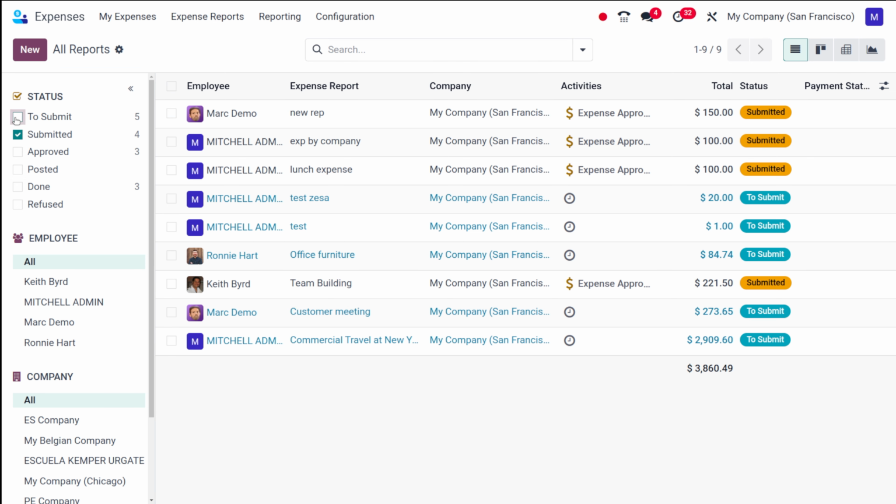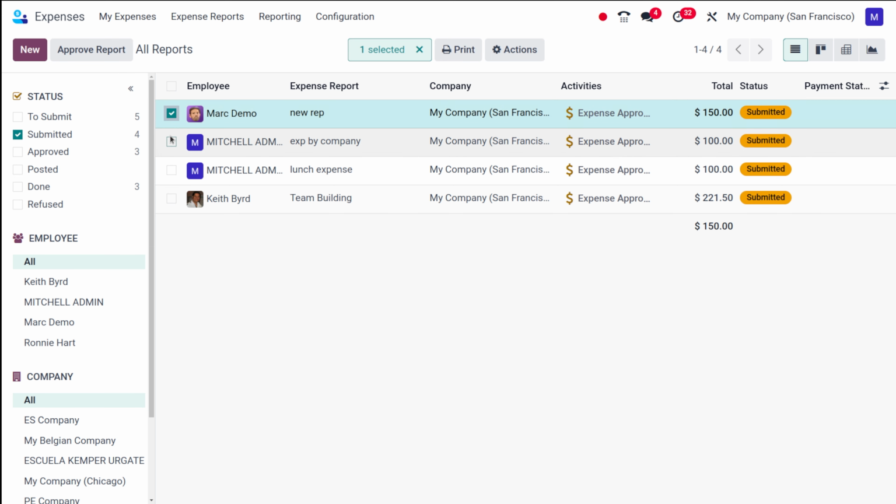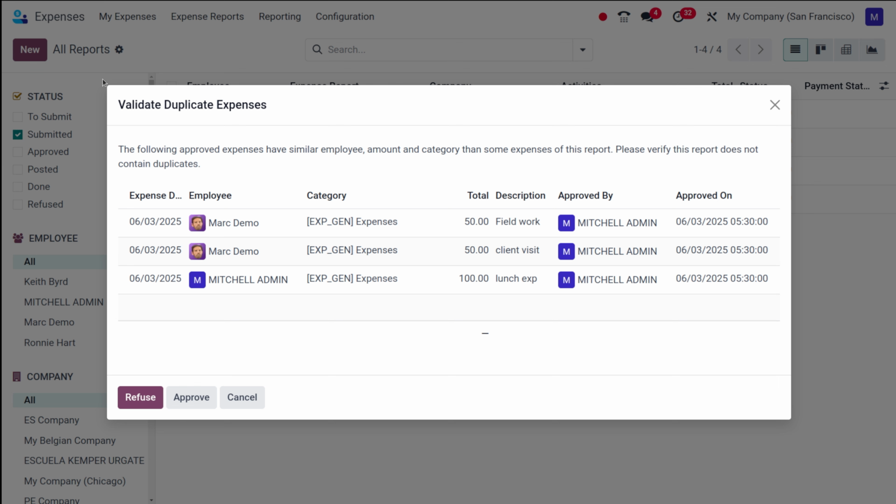Okay. So this has been submitted. Now, what you have to do is you can tick the checkbox next to each one. So I'm just ticking all of these to approve all at once. Okay. Or to select all reports in the list, you can check the checkbox next to this employee column title. Okay. And once your selections are made, click the approve report button that appears. So I'm clicking on approve report.